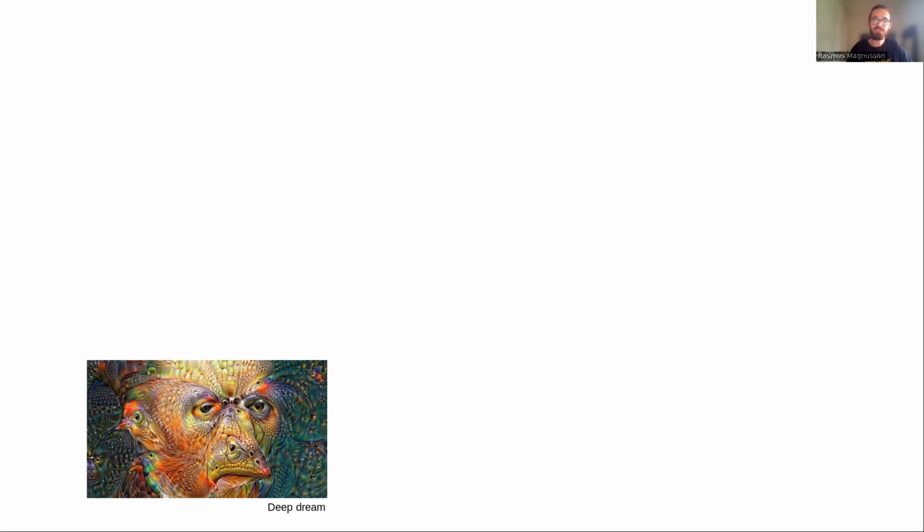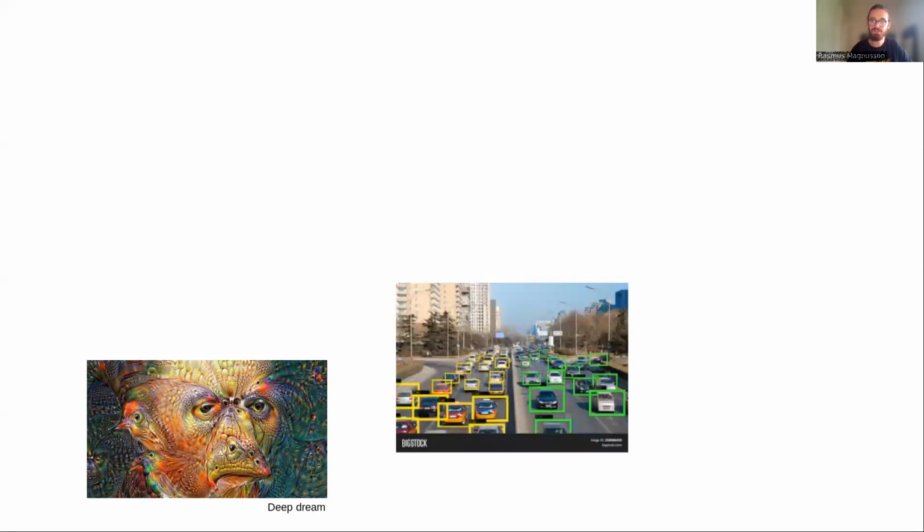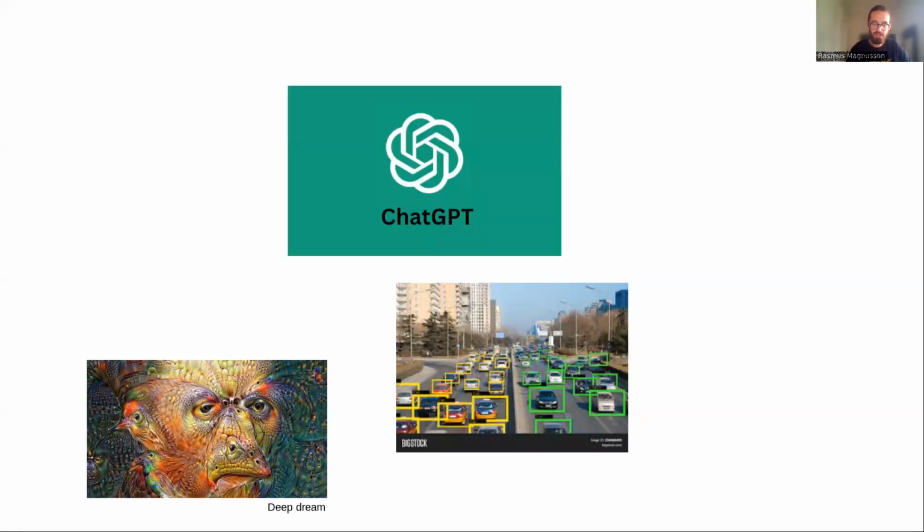That's basically been their most prominent success case, I think, and also at interpreting images. And they're used today in self-driving cars and anywhere where you want to have a fast way of interpreting images. And generative AI has also gained a lot of prominence recently. ChatGPT, I don't think anyone missed that by now.